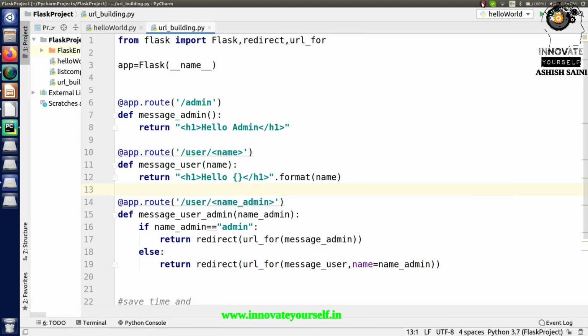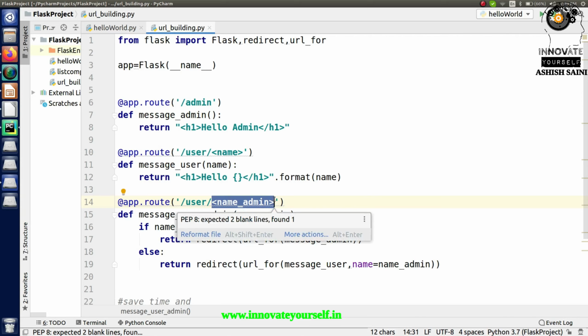In the last session we already created one application in which you are calling one API in which you are passing multiple values. One was the admin one, and the other one is for the user who can access this particular URL. This is how we were doing this part.